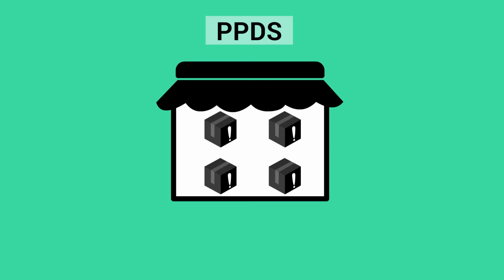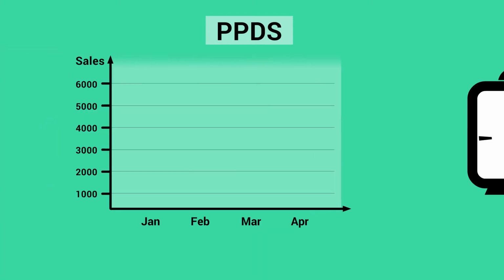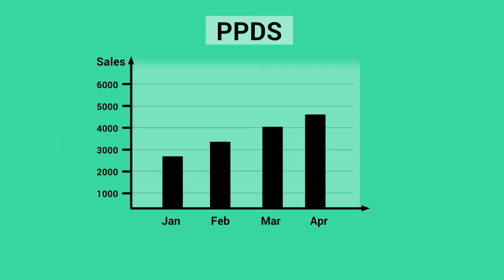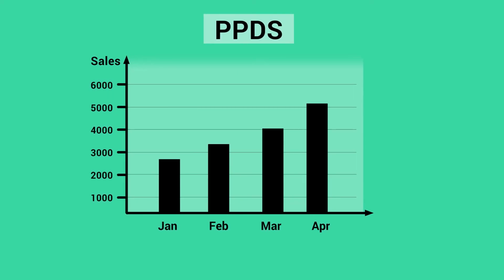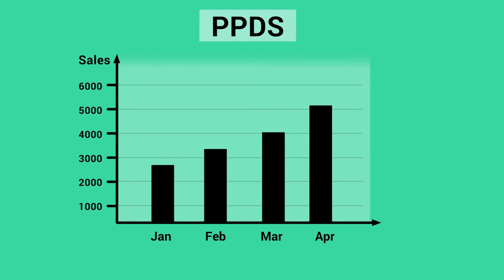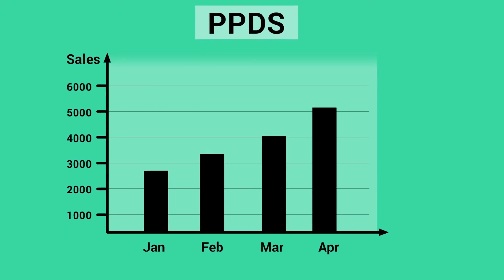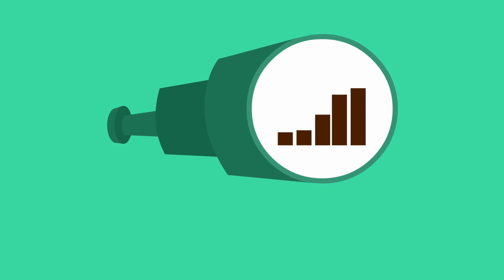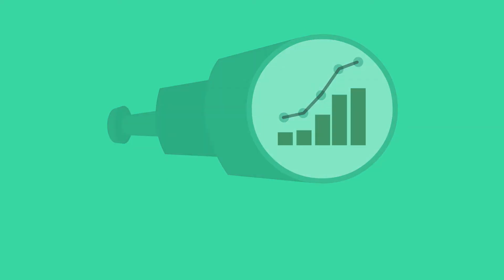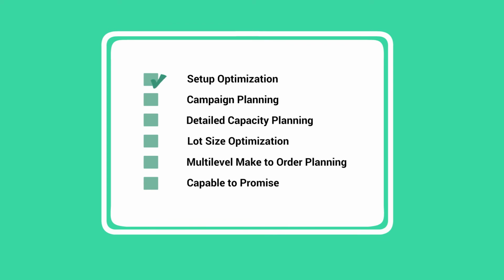Therefore, you can use PPDS to plan critical products, such as products with long replenishment lead times or are produced on bottleneck resources. This helps reduce lead times, increase on-time delivery performance, increase the throughput of products, and reduce stock costs. Additionally, PPDS helps you optimize machine-based scheduling. In PPDS, you can use advanced methods for planning. These methods help with sequence-dependent setup optimization, campaign planning, detailed capacity planning, lot size optimization, and multi-level make-to-order planning with